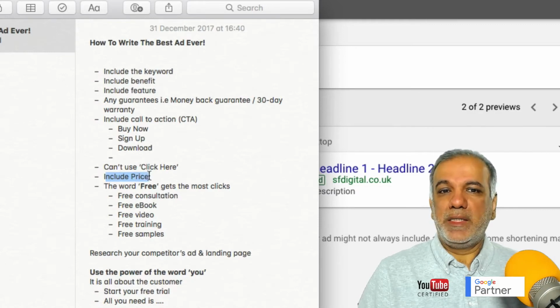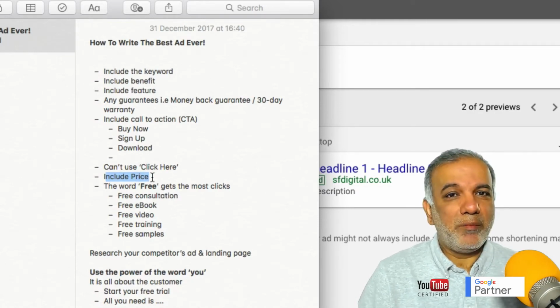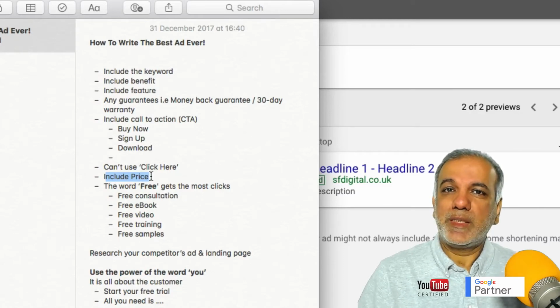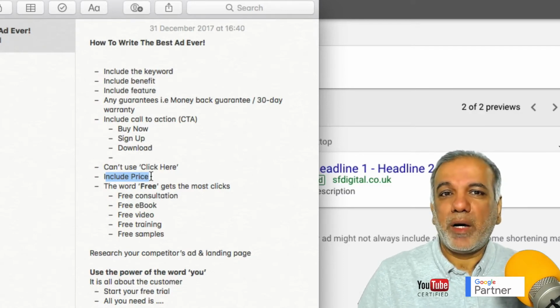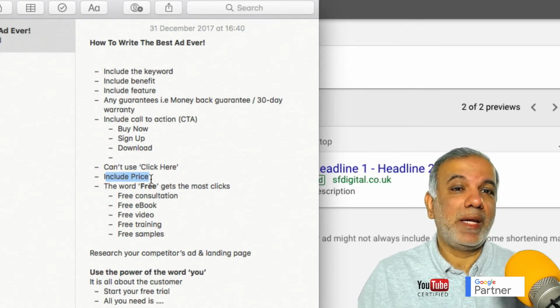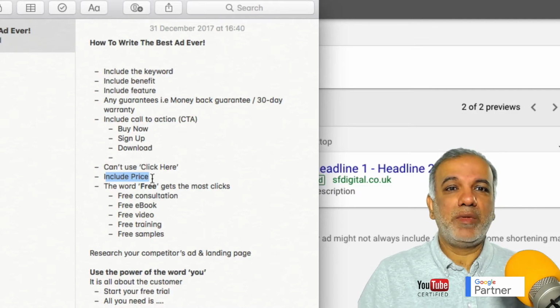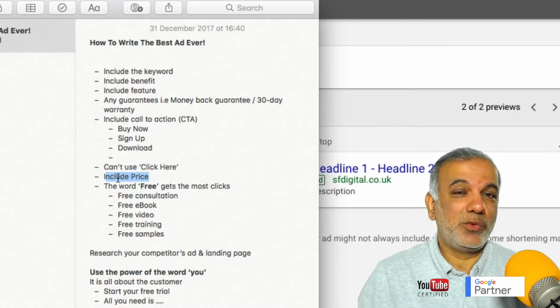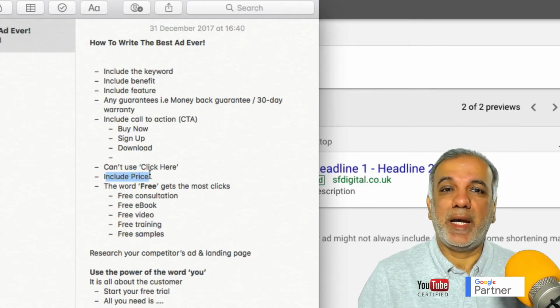Including the price is a great idea because it will then qualify your audience or the visitors to your website. So if you are selling something for, let's say, £100 and somebody can afford £100, then they may click on your ad. But if that person looking at your ad thinks that £100 is too expensive, they won't click the ad. So you will save money and you will not